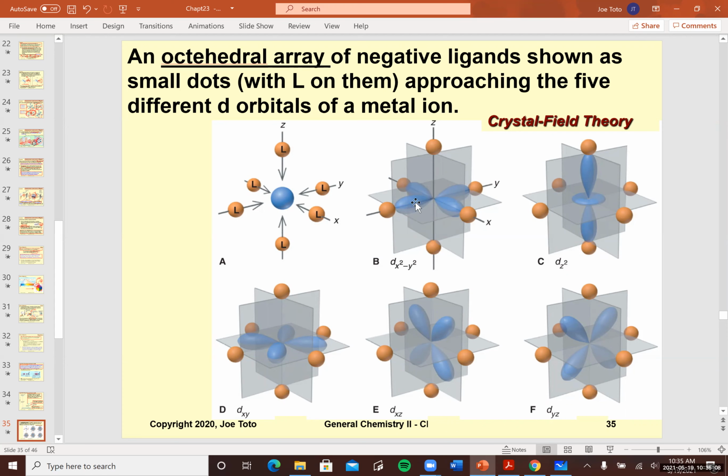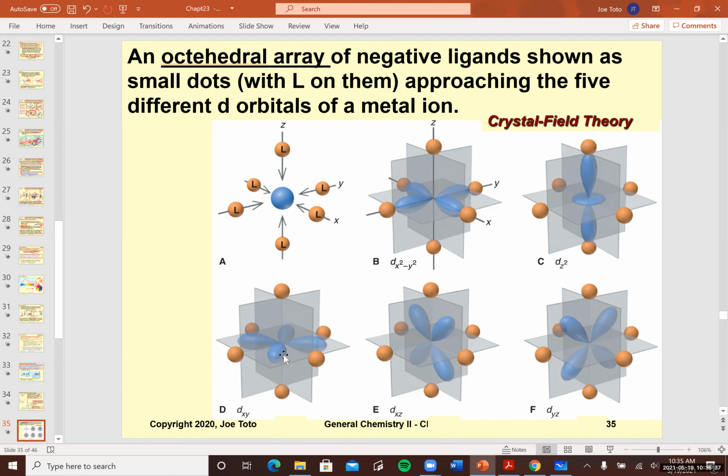So you see I have the highest probability of electrons along the y and along the x. For the dz squared, I have the highest probability of electrons to be along the z axis. So these are the 2 axial d orbitals, as opposed to these 3 down here, which are the 3 equatorial